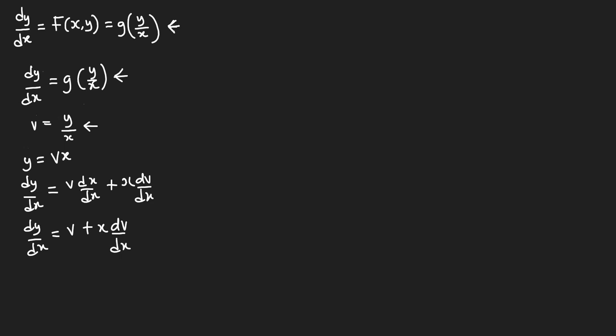Now we can do the substitution into the differential equation. We have dy/dx as v plus x dv/dx, and this will be equal to g of y over x, which is now g of v, because we are saying that v is equal to y over x. At this point, I will take the v to the right hand side. So we are going to have x dv/dx equal to g of v